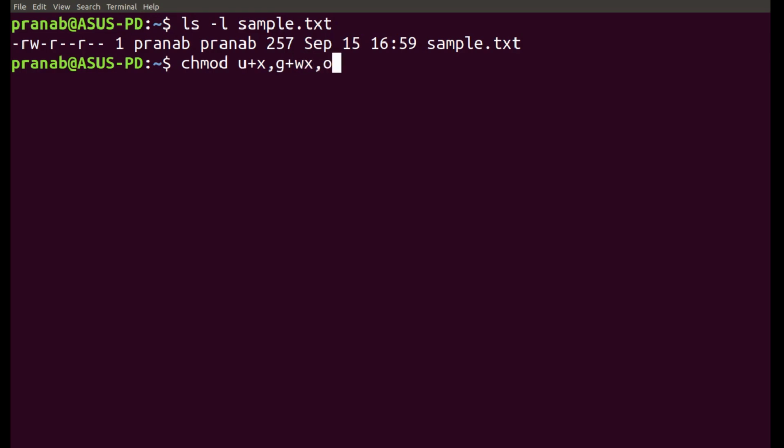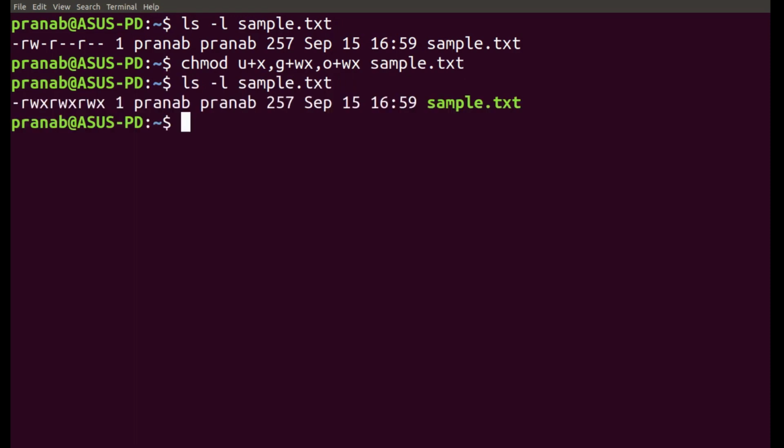Then for others, we are again adding write and execute permission, and then the name of the file. When I run it and check the permissions, now everything is changed to read, write, execute for user, group and others.